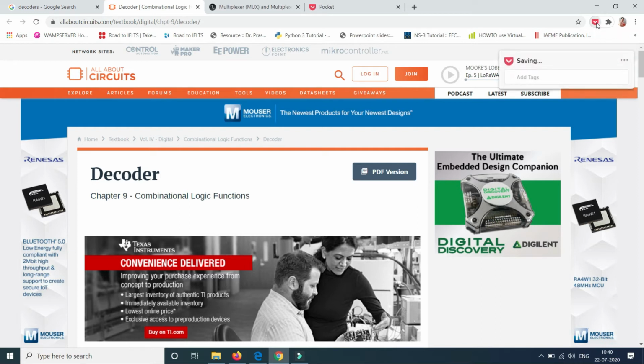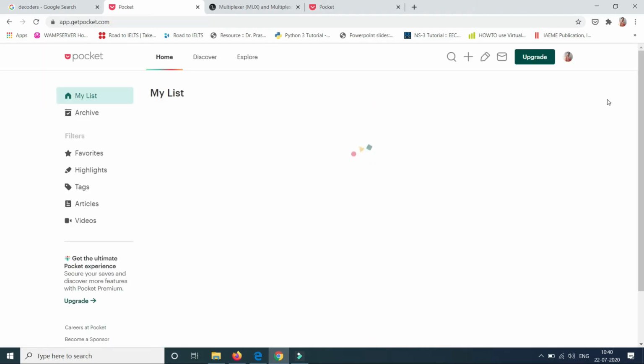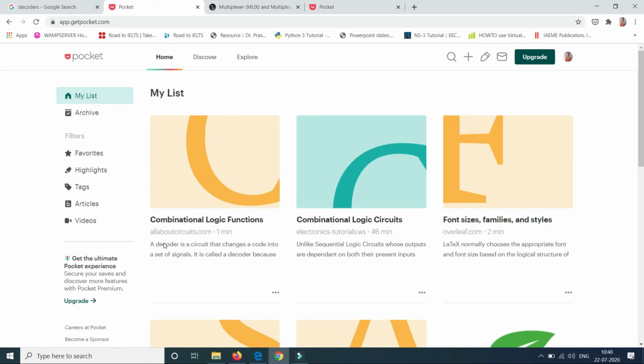Now if I click here, you will see Open Pocket, and in my Save to Pocket folder there is the page all about circuits. That was the original page.